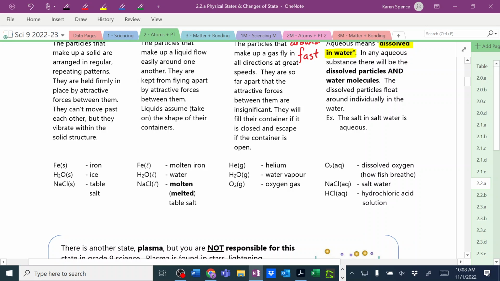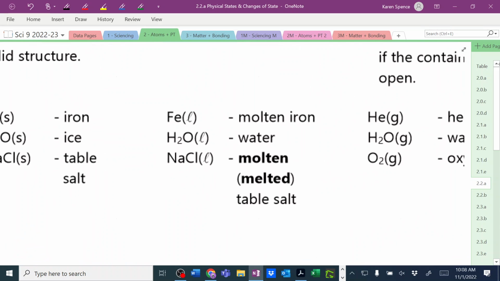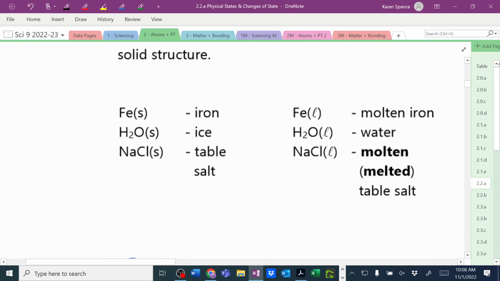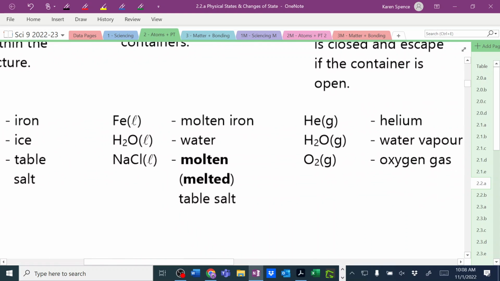So if you want some examples of solids, iron is a solid, ice is a solid, table salt is a solid. I hope you're familiar with all of those ones. Now, liquids, sometimes you'll hear the word molten. What does the word molten mean? Melted. So if you melt your salt, and remember that was 801 degrees,